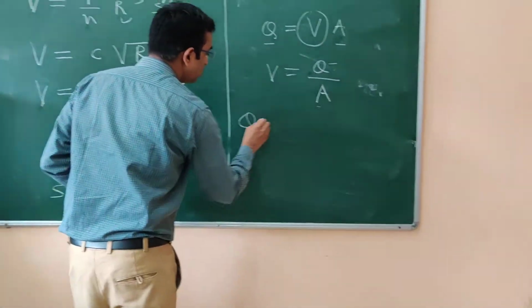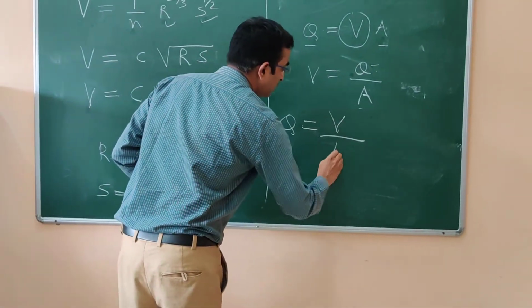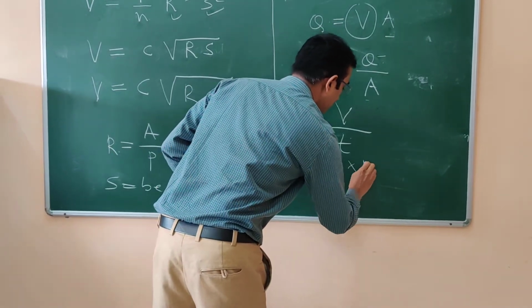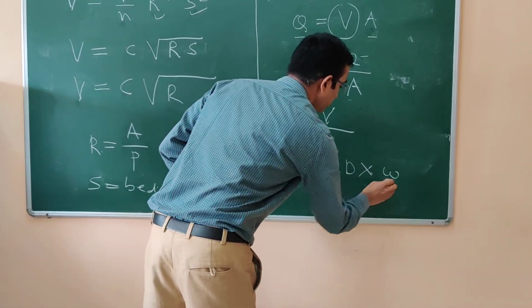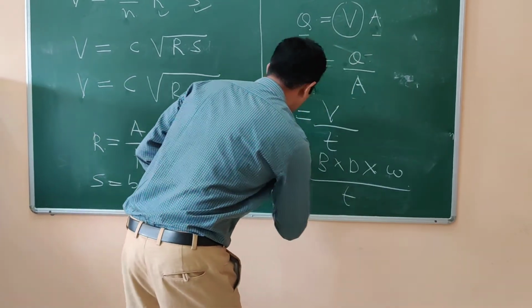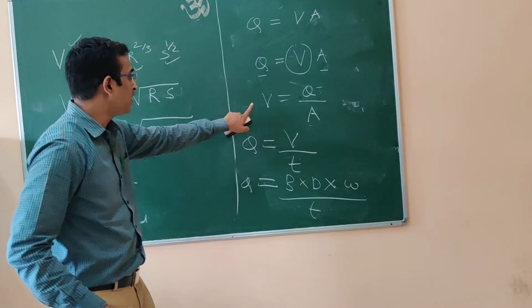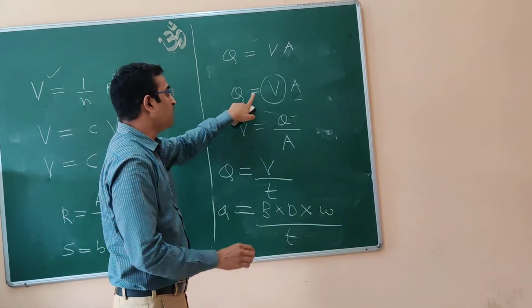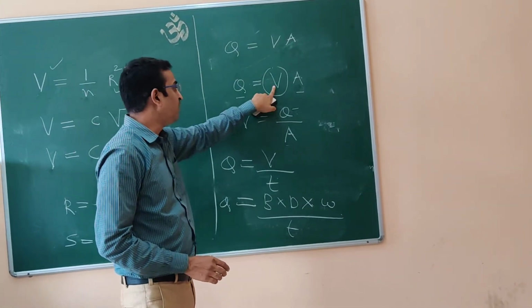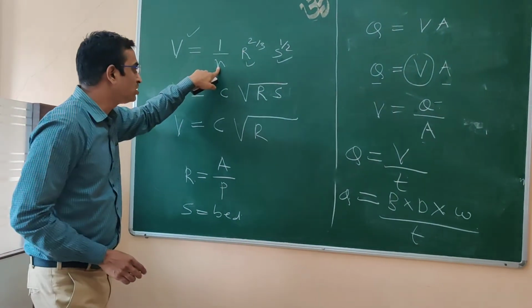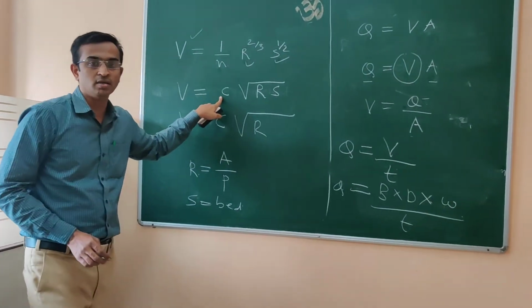Likewise, we can calculate the discharge. So discharge is equal to volume upon time, that is breadth into width into height, divided by the timing. So finally we can get the discharge. The same discharge we are going to use in this formula to calculate the velocity. Finally, with the help of this velocity we are going to calculate the Manning's constant as well as Chezy's constant. Thank you.